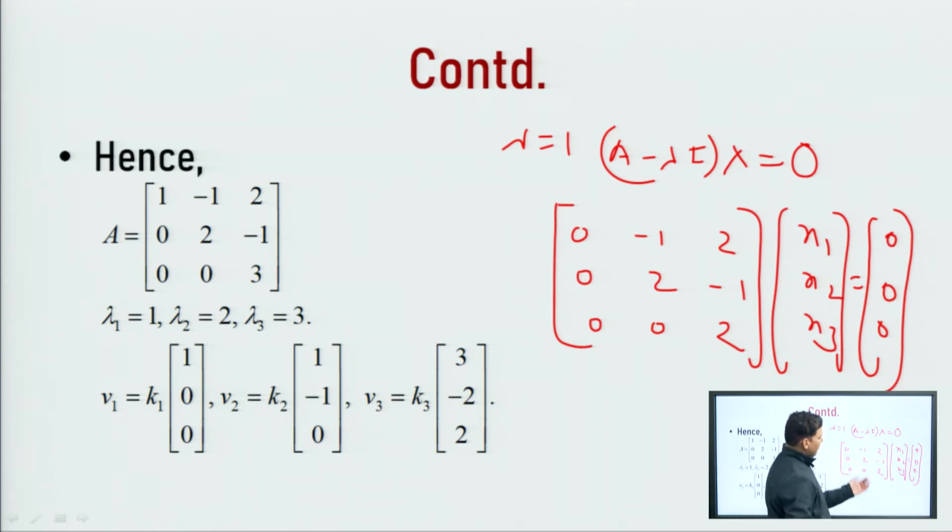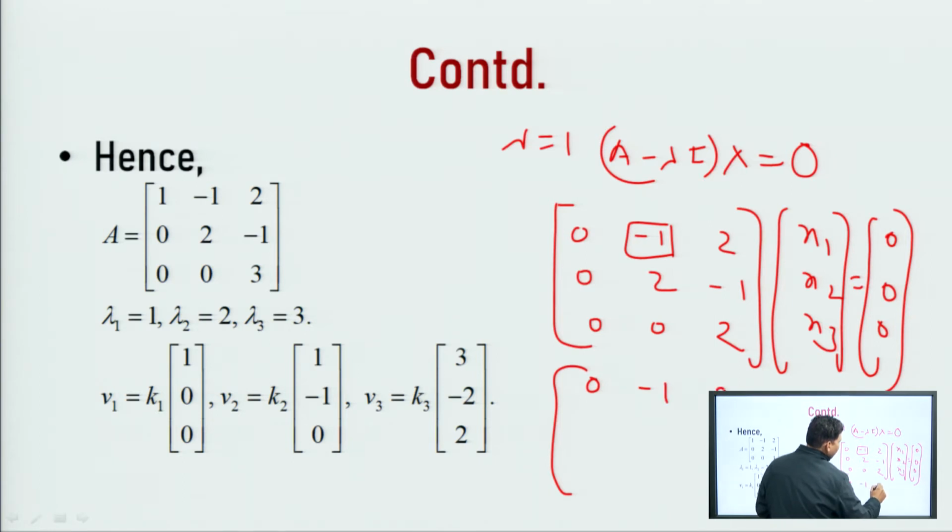Now, is the matrix in echelon form? It is not in echelon form. So, convert this matrix into echelon form. In the first row, this is the leading non-zero entry, make this entry 0. So, we apply the operation R2 plus 2R1, the first row remains the same, this is 0, 0 and this is 0, minus 1, 2 and this is 0, 2 and this is minus 1.